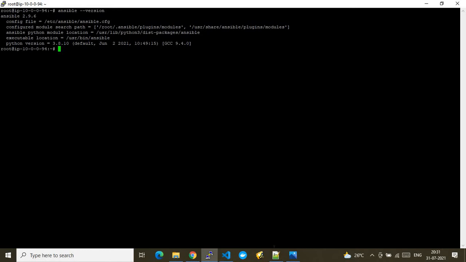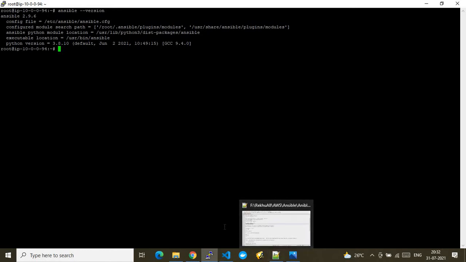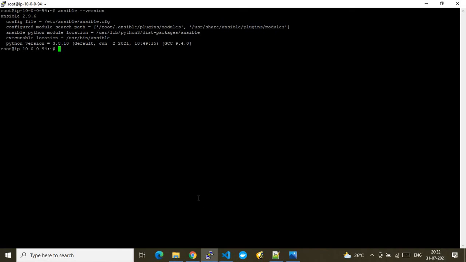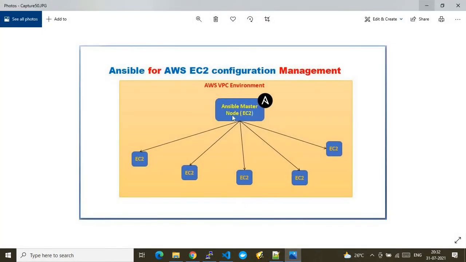Okay. So for that, what I need to do is we need to set up the authentication bridge, right? This is the one VM, and we have the child VMs. Okay, let me go back to the figure. So this is our master node. We have already done it. Now after that, we have these many client nodes, where we actually need to maintain the configuration lifecycle, right? So for this, there should be a communication method, right?